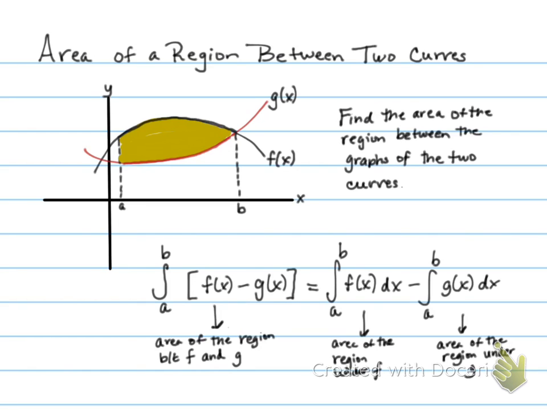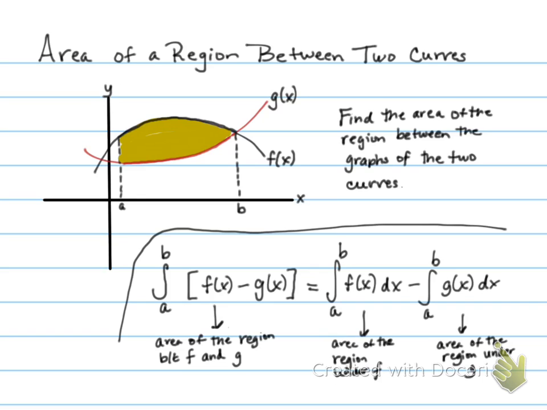The black curve is the f of x curve, and the red curve is the g of x curve. Okay, so these are two functions that I'm trying to find the area between, and these are the graphs of the two functions. All right, so the way it's supposed to be worked out, if you look at the bottom here,